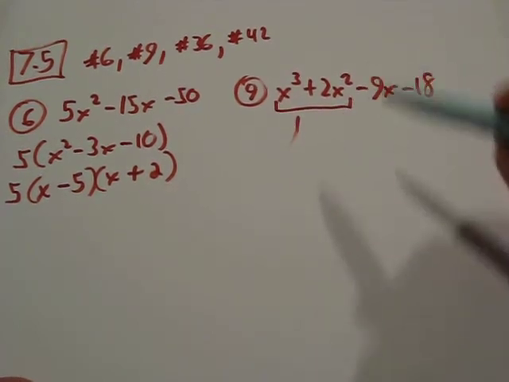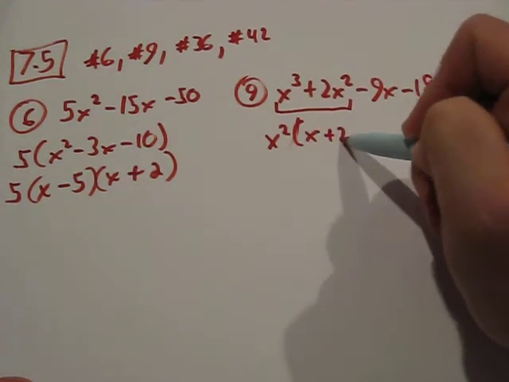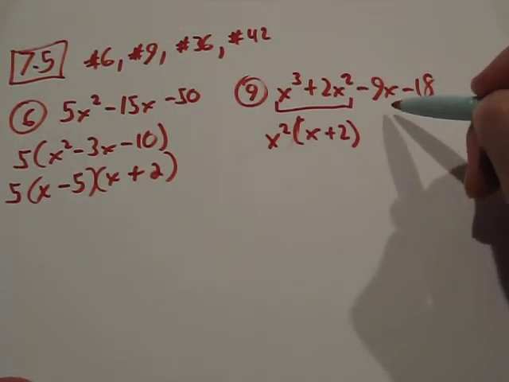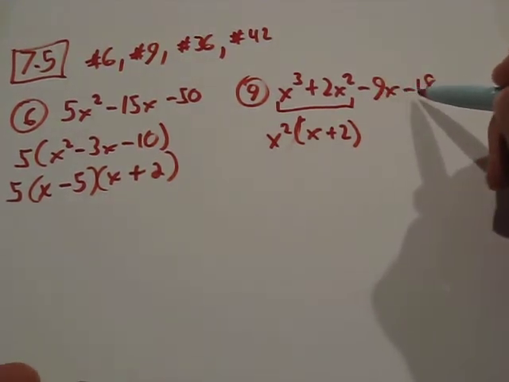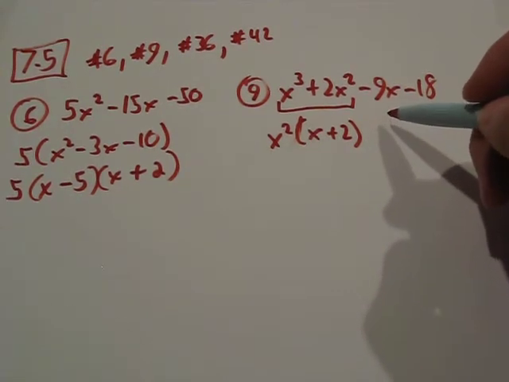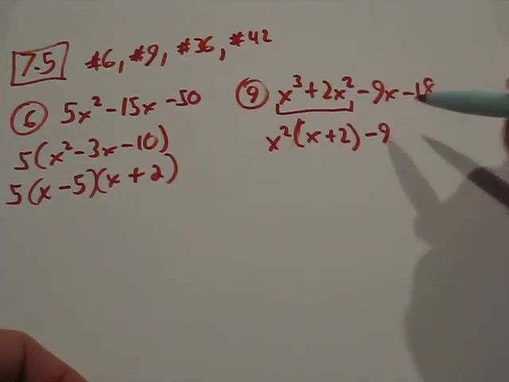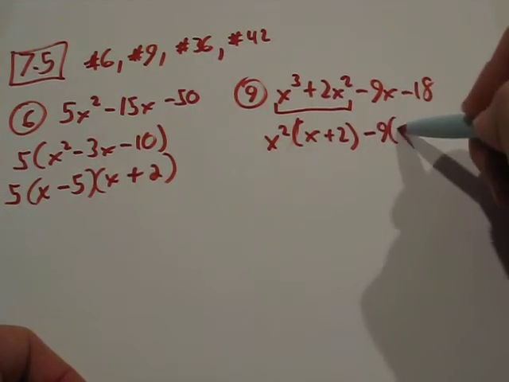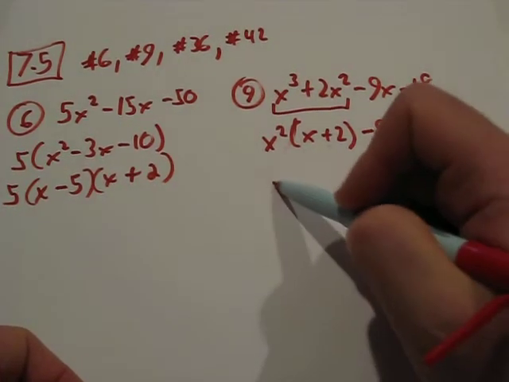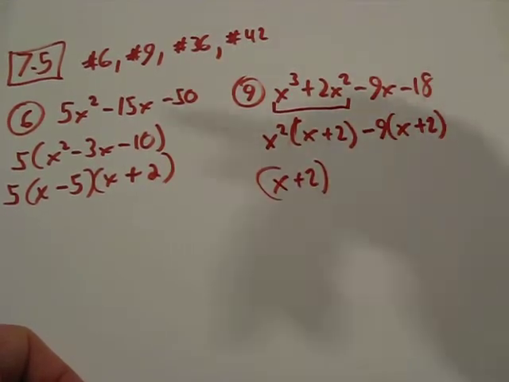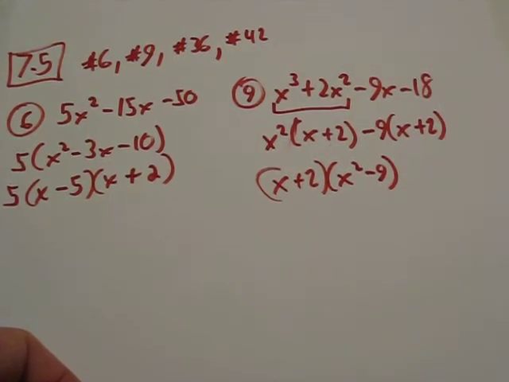We're going to look and see what we can remove from the first 2 terms, which is x squared, and that gives us x plus 2 there. And then we're going to take a look at these 2 terms right here. What can you remove from these 2? Now, I know a lot of you will say, well, I can remove a 9, but that would give me negative x minus 2. We want to remove a negative 9, and then what that will give us is x plus 2. And now we have a pair, the x plus 2's, which can be put together in kind of a reverse distributive formula, and my leftovers get their own set of parentheses, x squared minus 9.